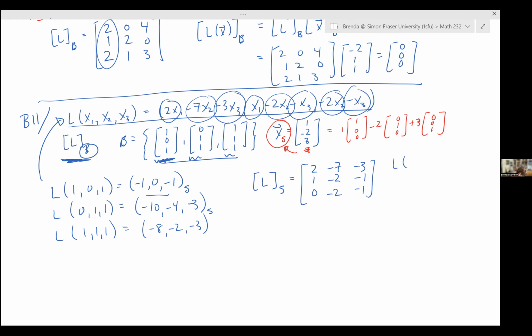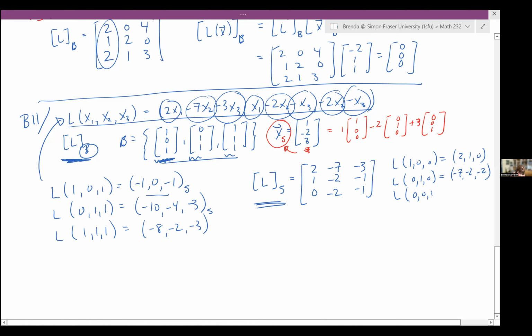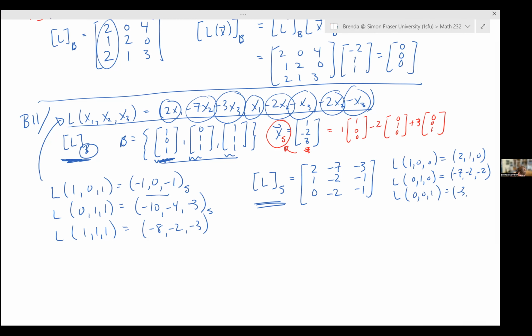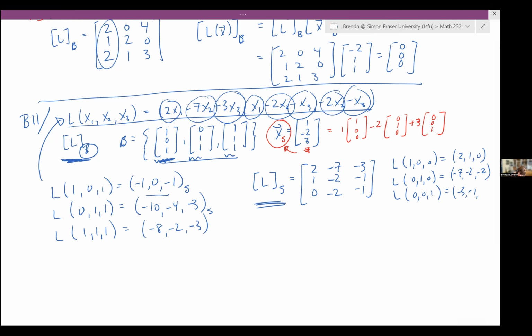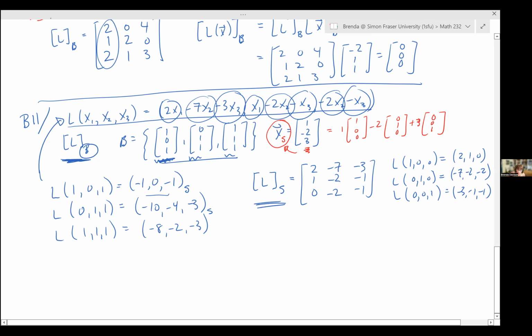What happens to the first basis vector? That's 2, 1, 0. What happens to the second basis vector? That is minus 7, minus 2, minus 2. What happens to the third basis vector? I'm writing this with respect to the standard bases, okay? And that's what happens. Now, minus 1, 1, okay. Now what I'm saying is that